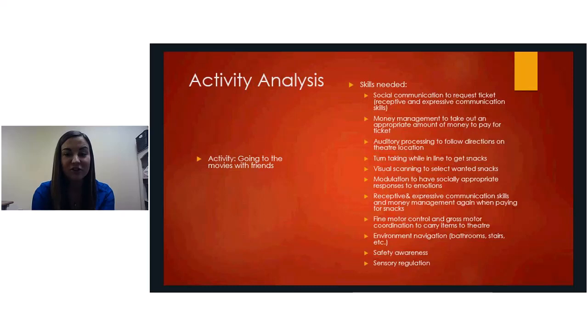They're going to have to use appropriate modulation in order to have socially appropriate responses to maybe some emotions that they're experiencing. And these can be positive or negative. So maybe they're just really, really excited to see this movie. It's their favorite candy. This is a great day. Or maybe it's not. Maybe they're excited to see the movie, but they're out of the candy that they wanted. Now, how do I regulate that emotion so that I can still achieve the goal of going to the movies